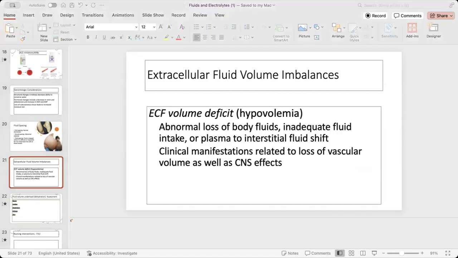Do you ever have patients who are NPO? What if they're NPO for a long extended period of time? What do you need to do? Check their blood sugars. What else do you need to do? Fluids, right? IV fluids. So there's a variety of ways where we might be not taking in enough, or losing body fluid. Or there might be a shift of the fluid, like maybe with burns, a shift from the vascular space into a different space, the interstitial space.